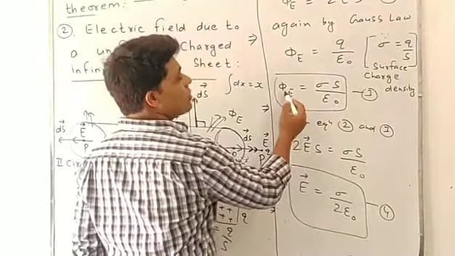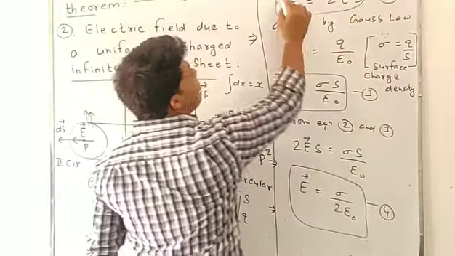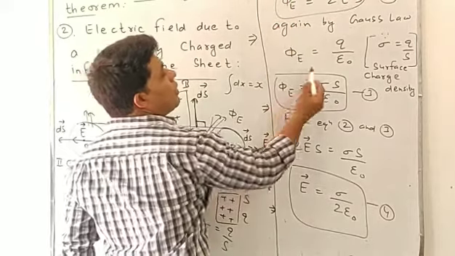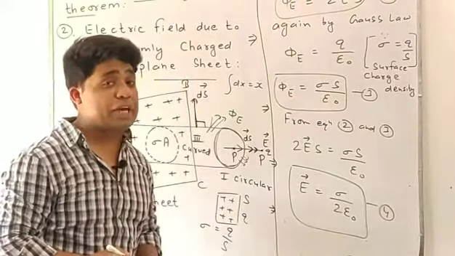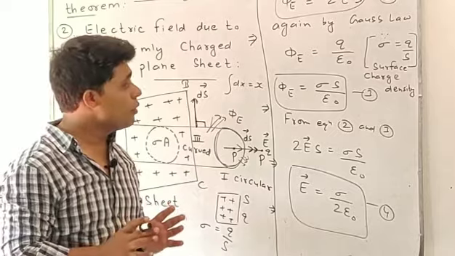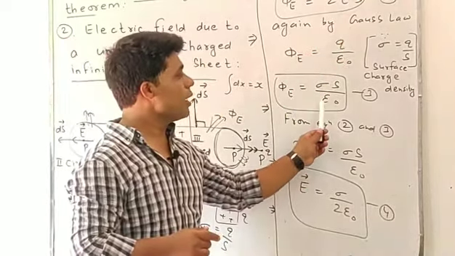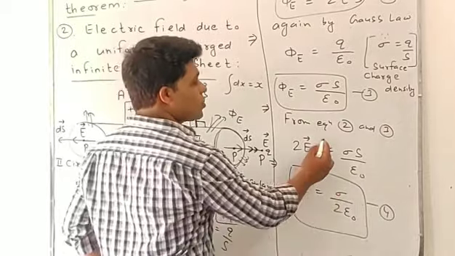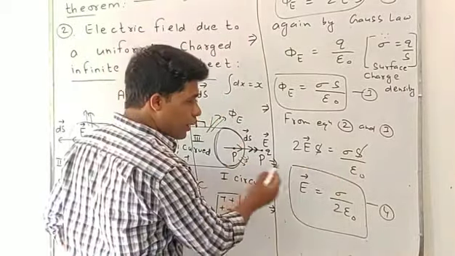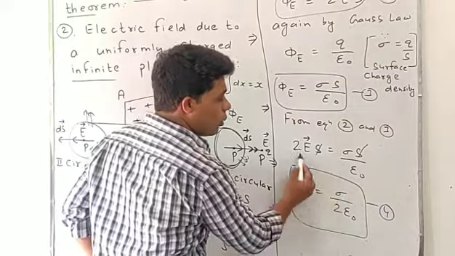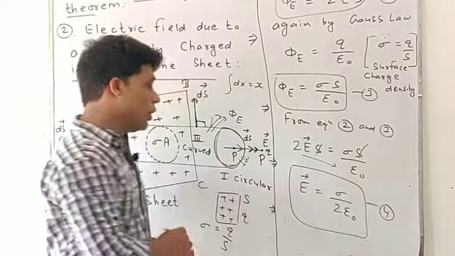Compare both. This is the flux and that is also the flux. When the left hand side is equal, the right hand side will also be equal. Compare equations second and third, both showing the flux. So 2ES will equal sigma S by epsilon naught. S and S cancel out. So we'll get E equals sigma, 2 comes in the denominator. So we'll get